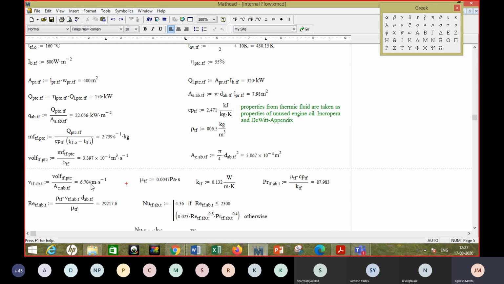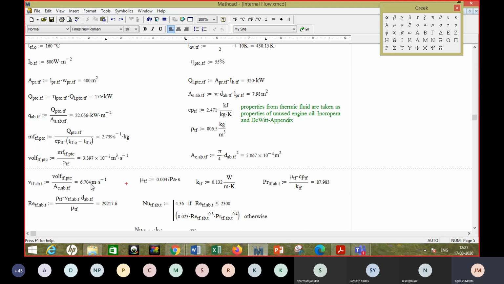If it is given in micropascal second in the table, whatever number is given, you can multiply it with 10 raised to minus 6, and that should give you this number. What you find is that this viscosity is much higher than what you get for water, right? So the oil is more viscous, so obviously the viscosity is higher, though the temperature is also a bit high already.